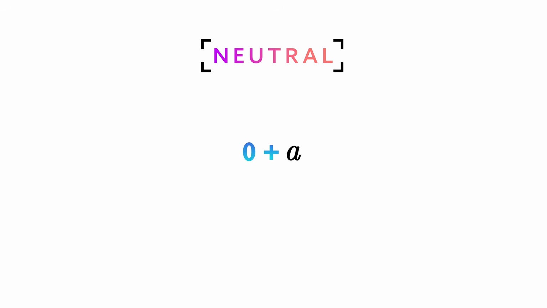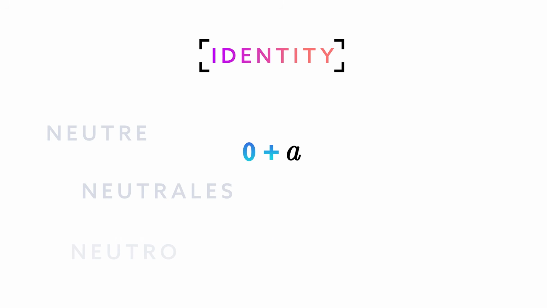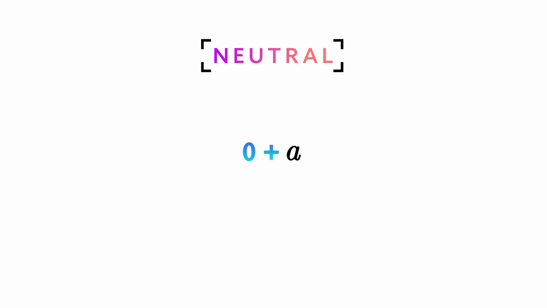Just a remark for the English-speaking people. For you, it's more common to call it the identity element, and it's the French, the Germans, the Italians, and pretty much anyone else that calls it the neutral element. In my humble opinion, neutral makes more sense, especially if you're new to group theory, so that's what we're going to roll with from now on.